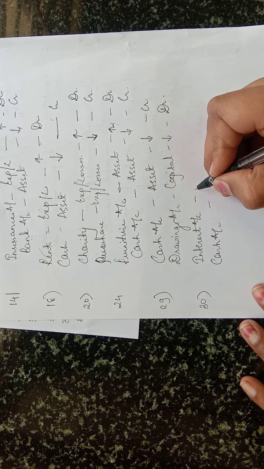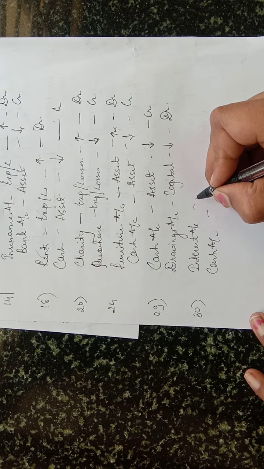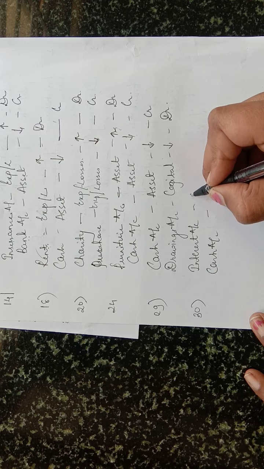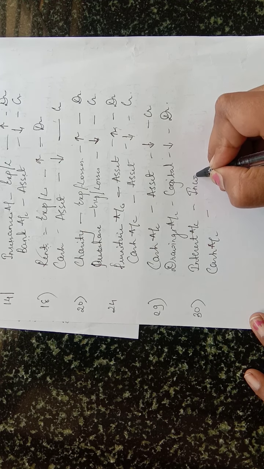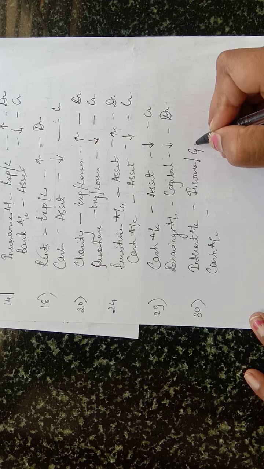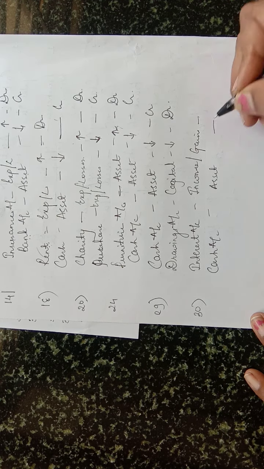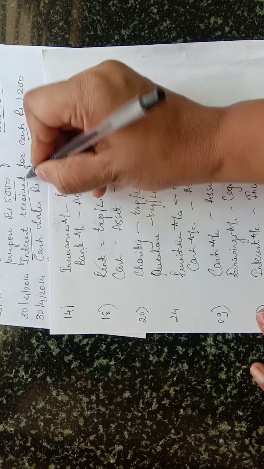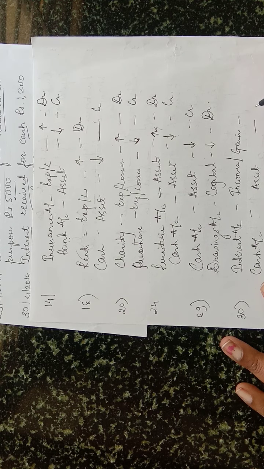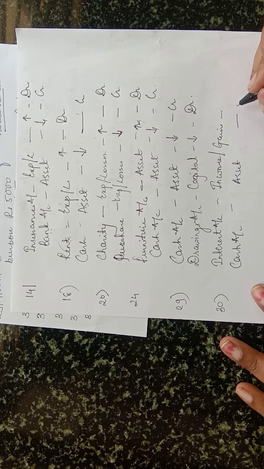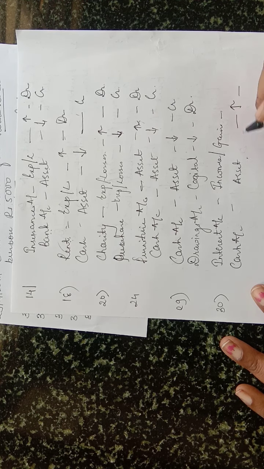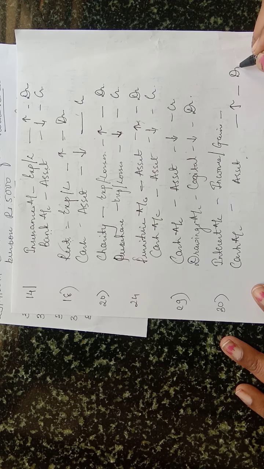Yes, interest account. Now here we have received. If it is paid, expense and losses. We have received means it will come under incomes and gains. Yes, cash account is asset. Now see here, received word is there. Interest received means cash is coming in. Cash is coming in means your cash balance is increasing. Increase in asset, increase in cash is debited. Means interest account is credited, right?